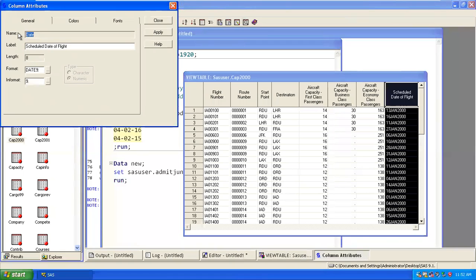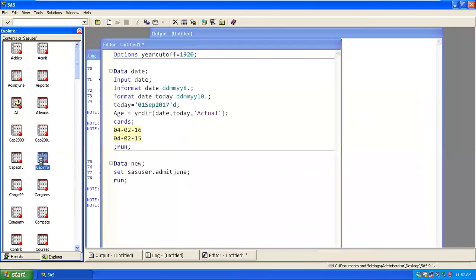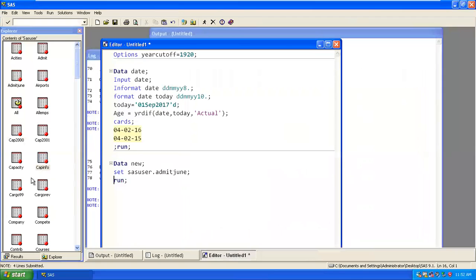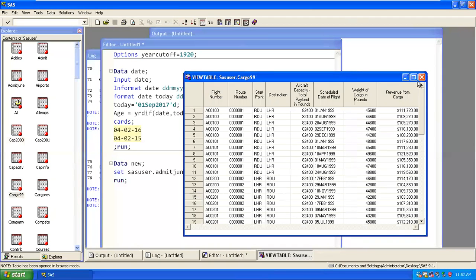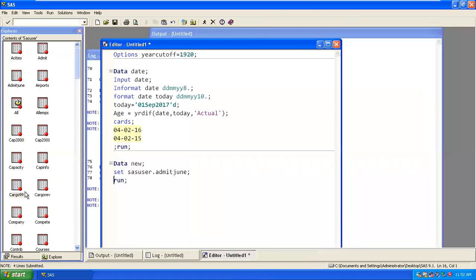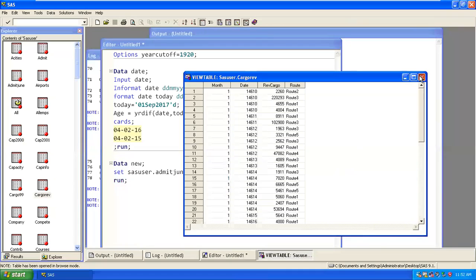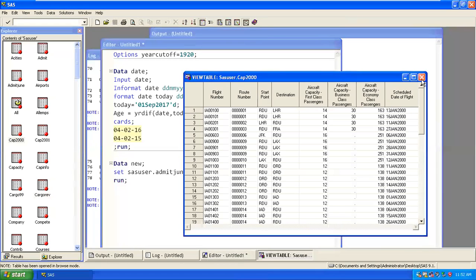So you have a date column. Oh, this is in a format, no problem. Let's have a look at this one. Again, they have a date in that format. Okay, no problem. I'll take this cap 2000 and I'll convert this date first.